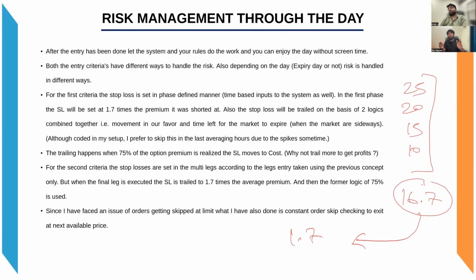तो यहाँ पे ये फाइनल लेग अगर एंटर हो गया, तो मेरा एवरेज अगर 16.7 है, इसके बेसिस पे हम ये कर देंगे। अब इसके बाद अगर 16.7 का 70% मिल जा रहा है प्रीवियस लॉजिक के हिसाब से, उसको भी हम टाइम टू टाइम ट्रेल करते चल जाएंगे। 75% हुआ, कॉस्ट टू कॉस्ट आ गए, उसके बाद टाइम टू टाइम उसको हम ट्रेल करते चल जाएंगे।